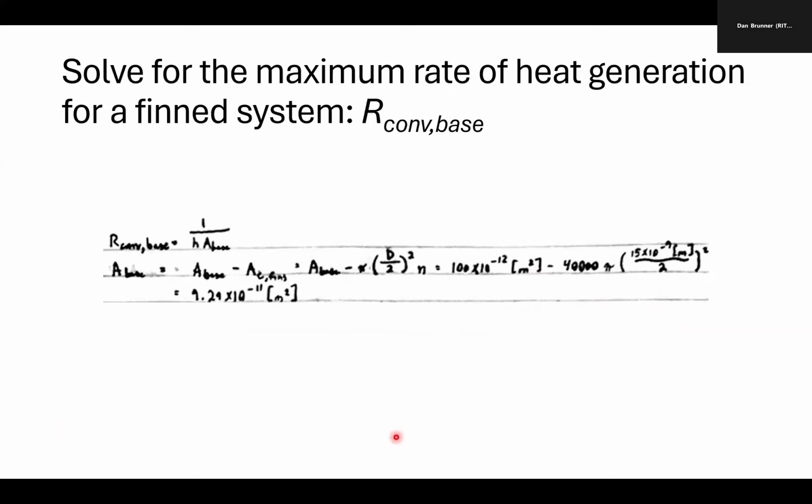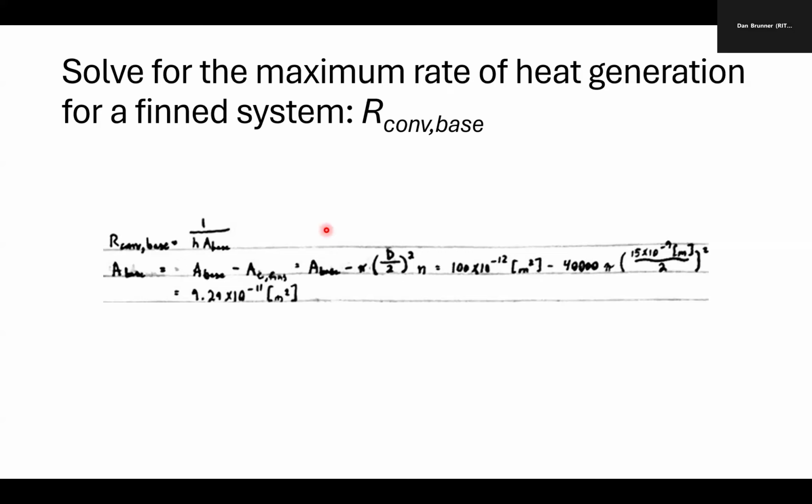And so looking at the thermal resistance for the convection occurring at the base of the fins separately, we can say that the base convection thermal resistance is equal to 1 over the convection coefficient times the area of the base. And this area of the base is not the same as the area that we used in the first part of the problem,